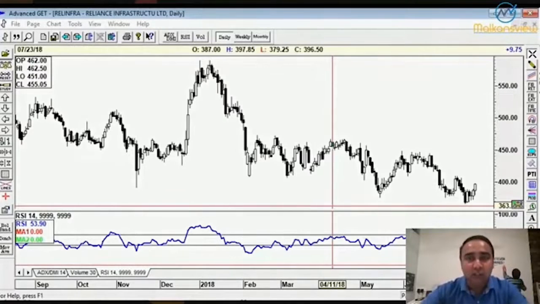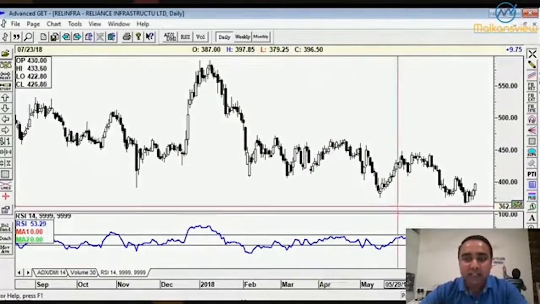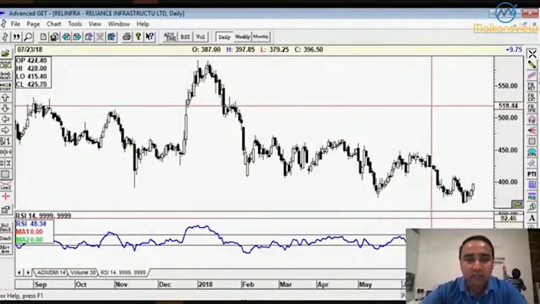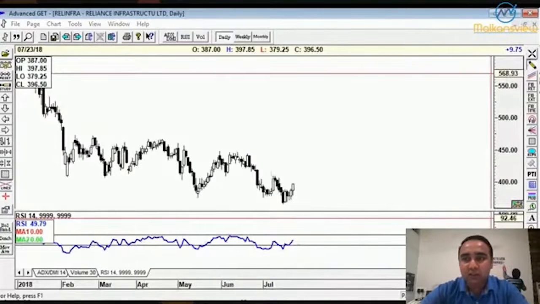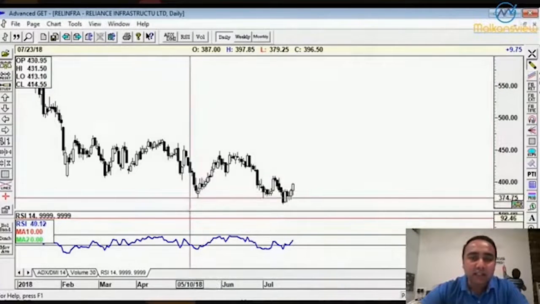So let's look at some of the charts, and I'll just give you a brief. And I'm going to give you an excellent opportunity to make money using traps. Okay, so grab that opportunity before it's gone. So let's see some of the charts. Now, for example, the chart which I'm showing you right now, in fact, you just have to draw a simple line. And if you see something like this,